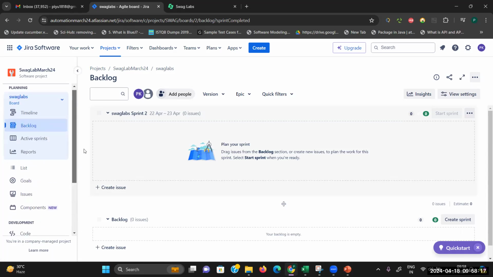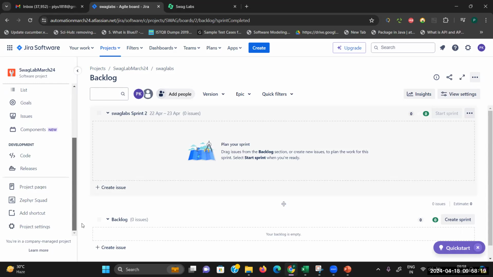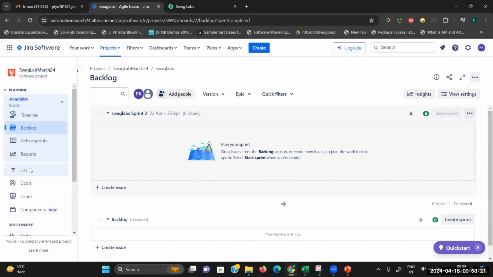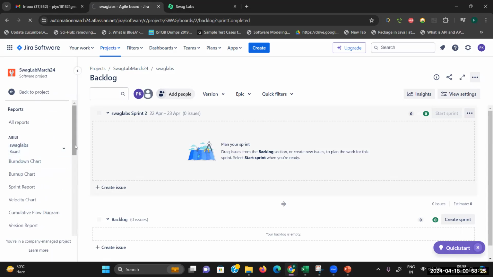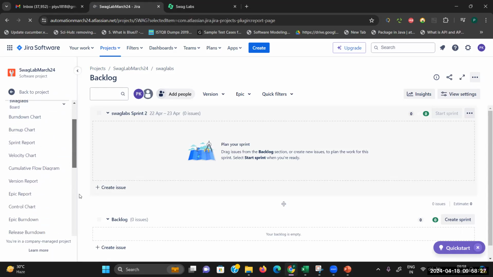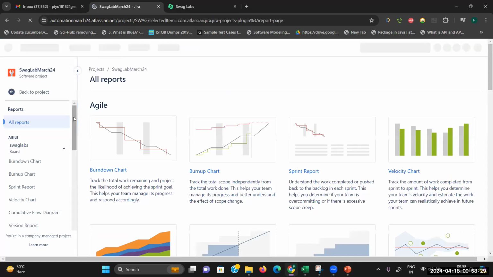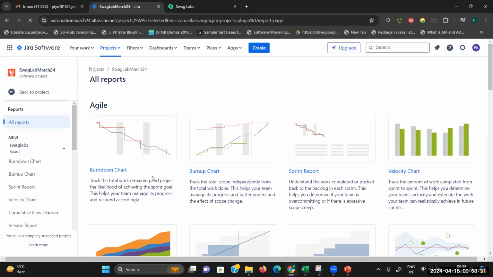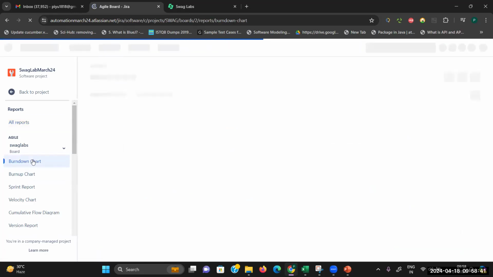So in Agile, I mean, inside JIRA, you can check certain reports, right? Now you can see my complete process is done. Then I can check the reports, and see these are the reports you have by default inside JIRA. So you can see Agile reports are there. Yes, I hope you are able to hear me, right? See, these are the Agile reports: burn down chart, burn up chart. So currently, the burn down chart, if you observe,